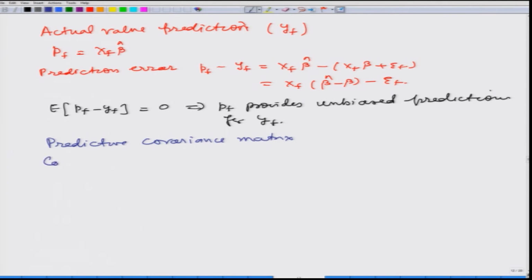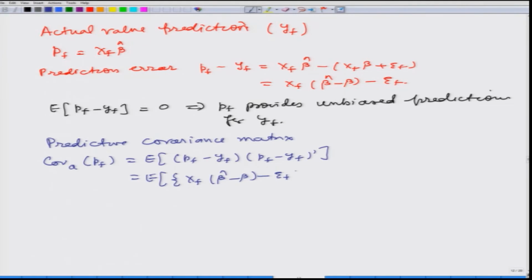And this is obtained as we denote it, the covariance matrix of PF when it is used for actual value prediction. This is defined as the expected value of (PF minus YF)(PF minus YF) transpose, and when we try to solve it, this is (XF (beta hat minus beta) minus epsilon F)(XF (beta hat minus beta) minus epsilon F) transpose. And when we try to open it